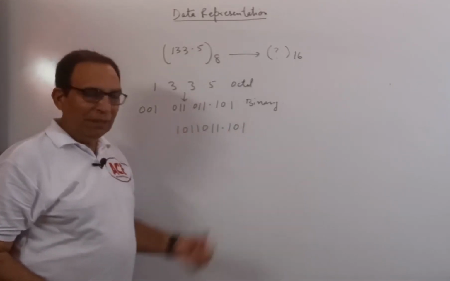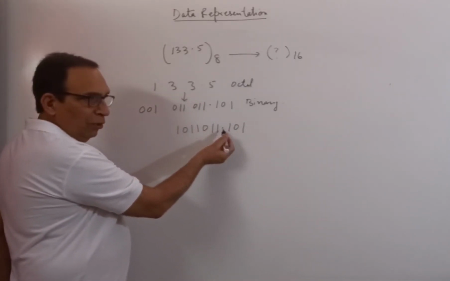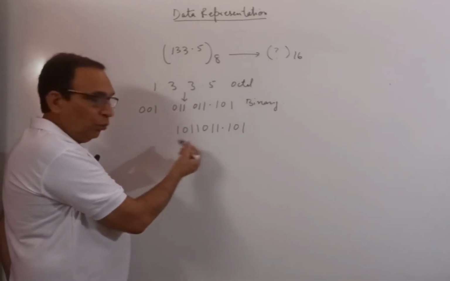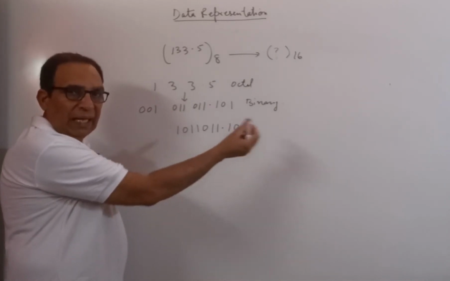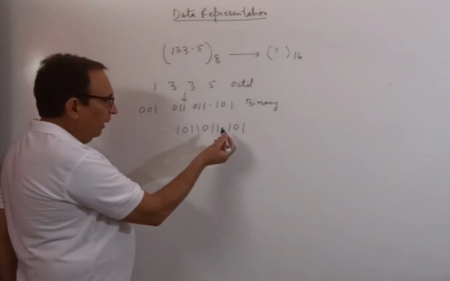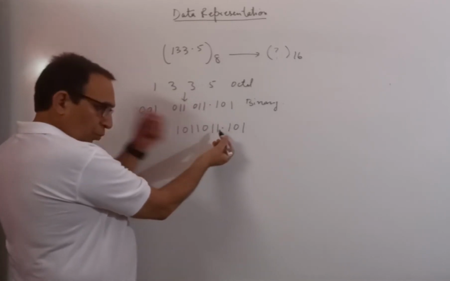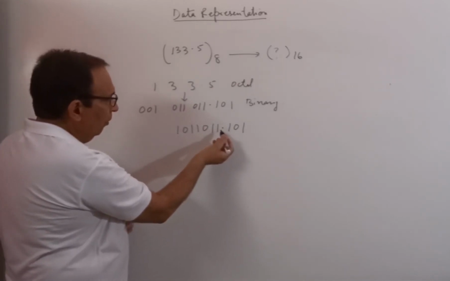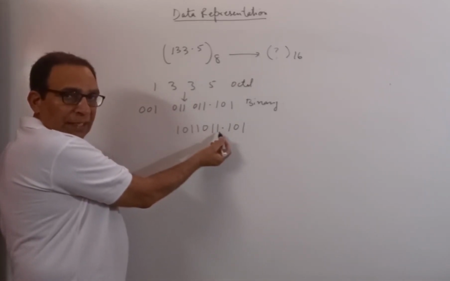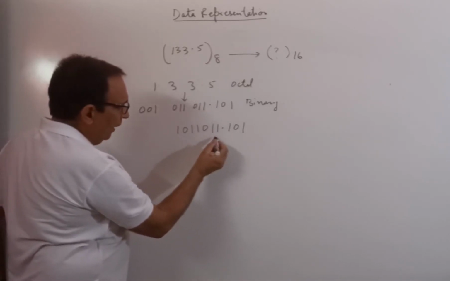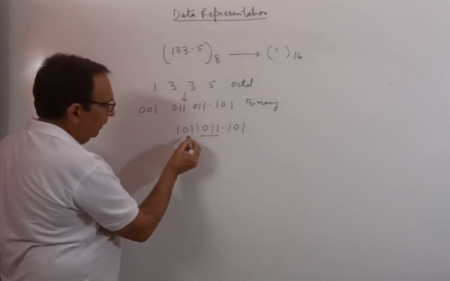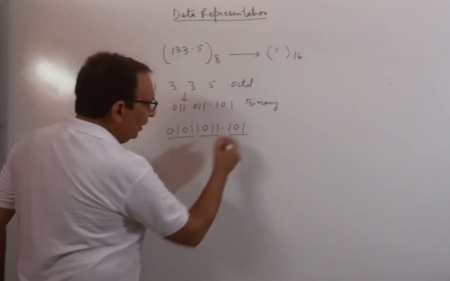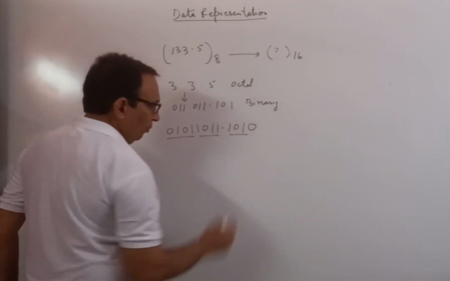After getting this binary number, what you do, you have to make groups of 4 bits of binary each to convert this number into the equivalent hexadecimal. You know it very well: from the decimal point towards your left and from the decimal point towards your right. When you go towards the left from the decimal point, the grouping of 4 is to be done from that side, right to left. There are 3 only, put one more 0. In this case towards the right, there are 3 only, so put a 0 towards the right-hand side.